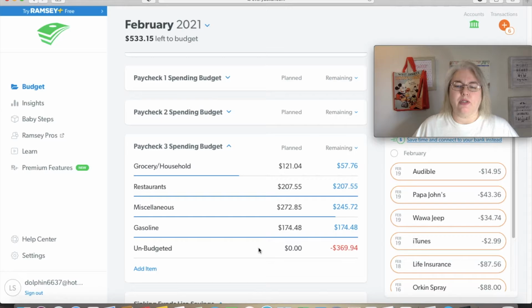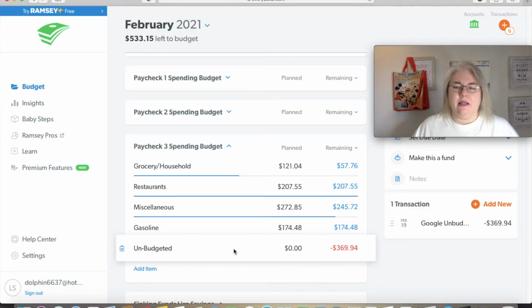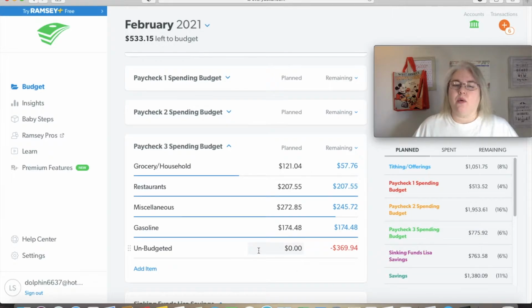It says Google unbudgeted. Now you're going to see a negative number because I don't budget for unbudgeted. And it's more than what I would have in miscellaneous. So anyways, I decided, and my husband, we decided. I need to learn how to say we a lot better. We decided it would be important to get this Google Nest thing to help with our internet, with